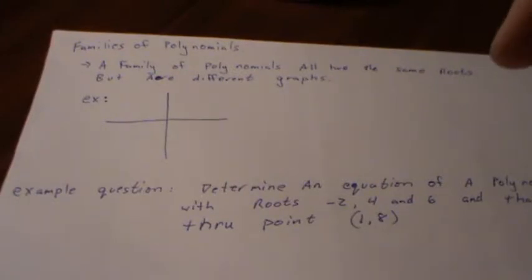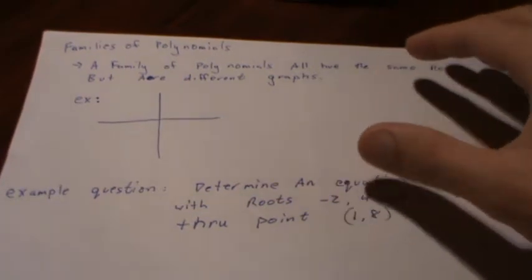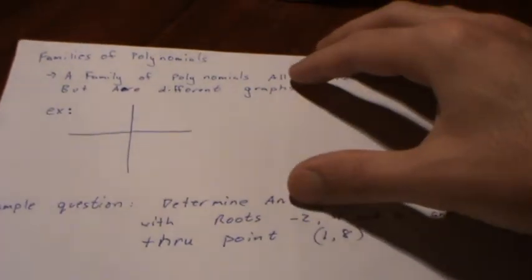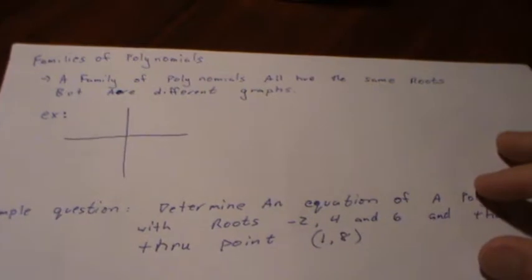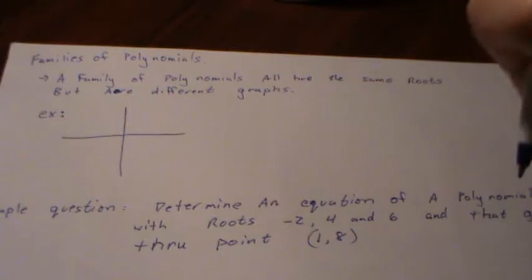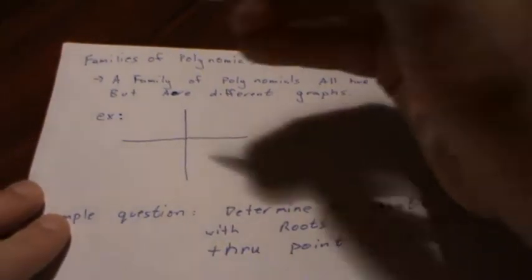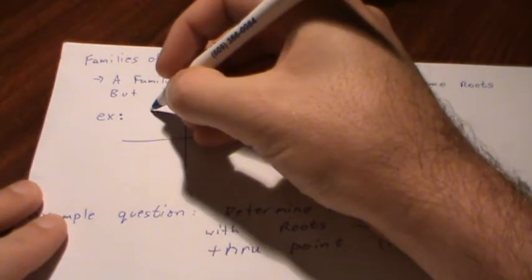Okay, so today we're going to talk about families of polynomials. According to this definition here that I've got for you, a family of polynomials all have the same roots, but are different graphs, basically, or different equations. So, graphically, an example of that would be something like this